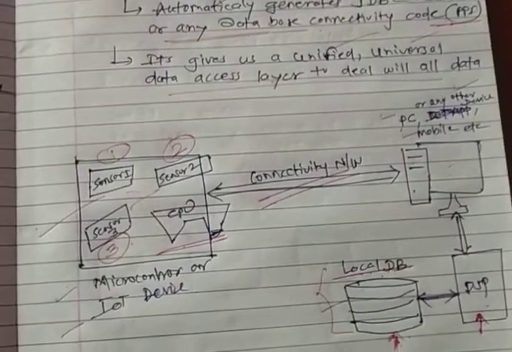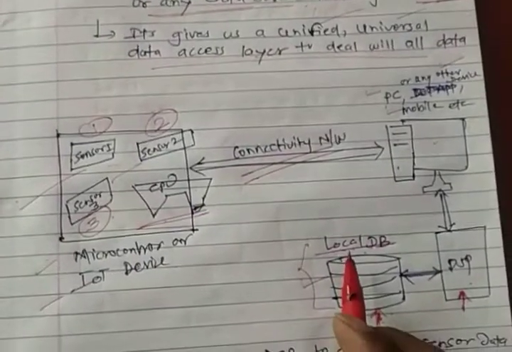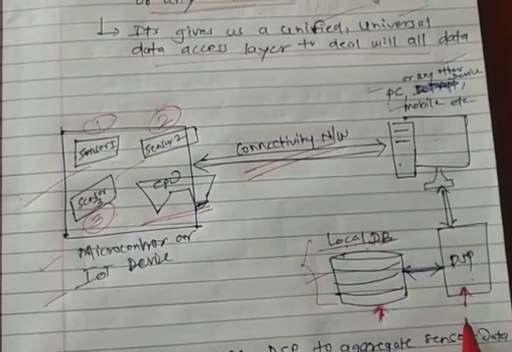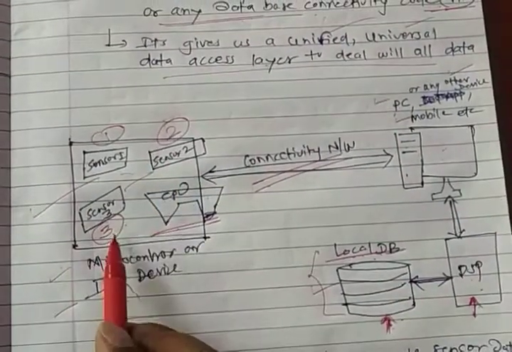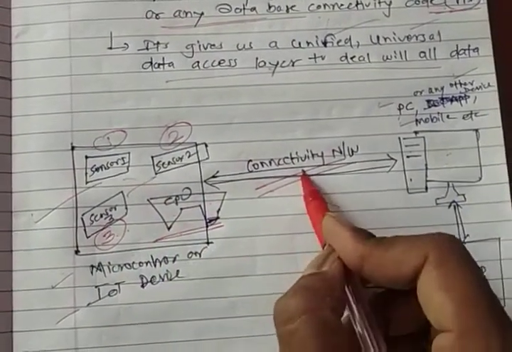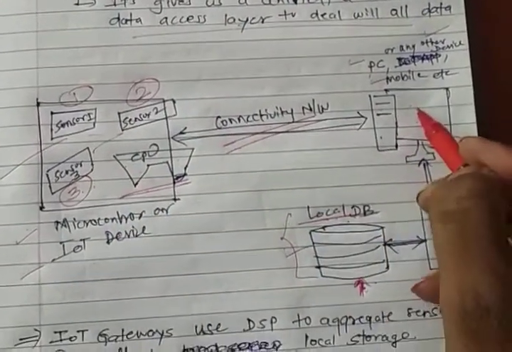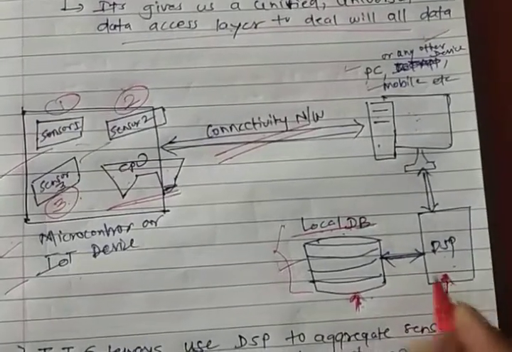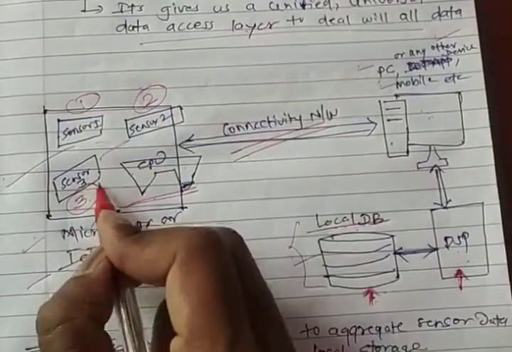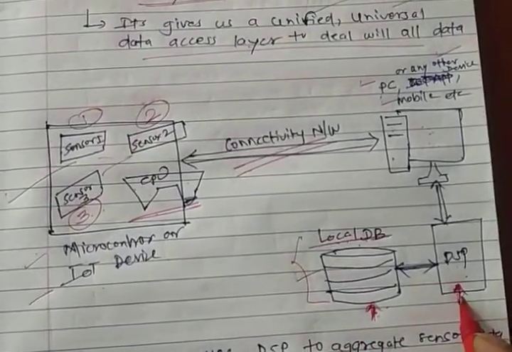Hello, welcome again. Till now we have learned what the need of a DSP is, to store the data at the cloud or at the local database, right? As we have seen, there were three sensors, and all those sensors collect the data from the various resources and forward that data on the network to the particular device that demanded the data, and this particular device uses the DSP to store the different types of data collected from the different sensors on a local platform. Right. Now, how does this DSP actually work internally?